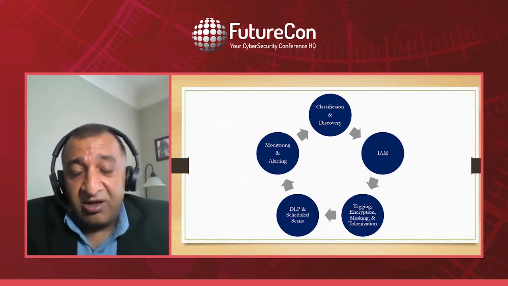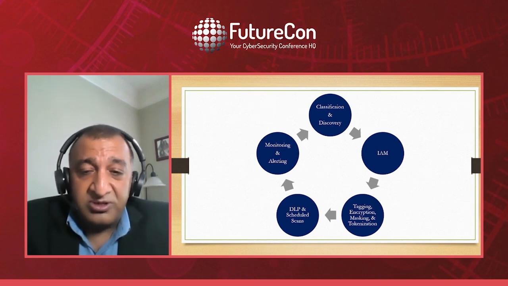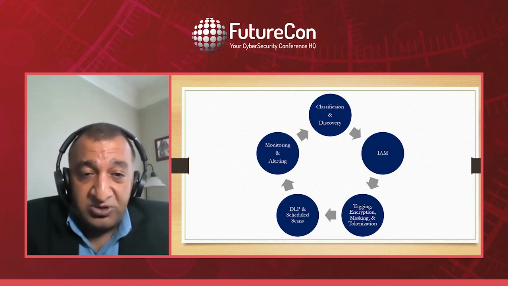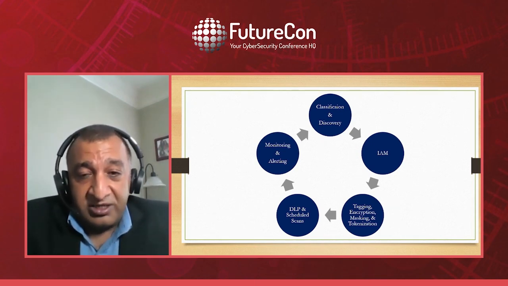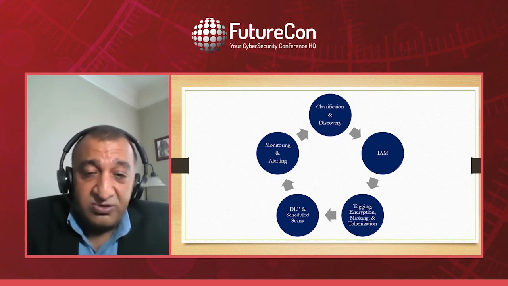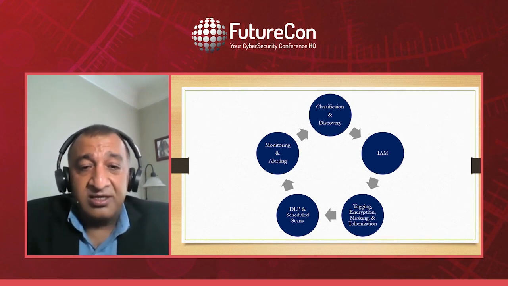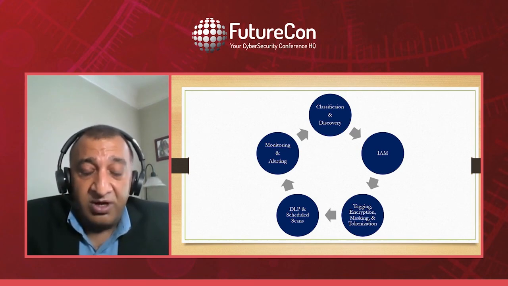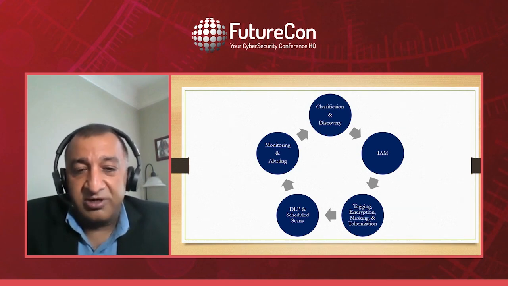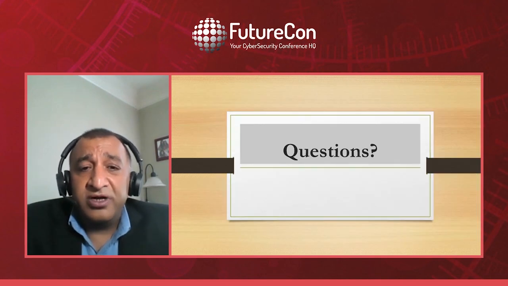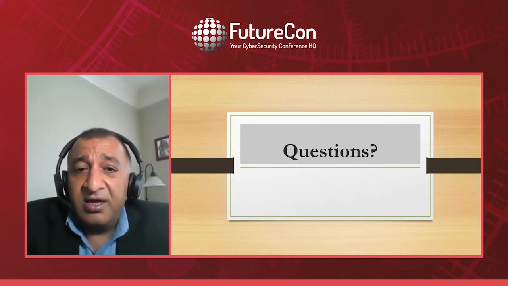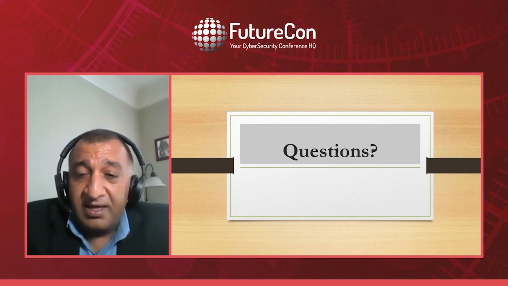But at the end of the day, anybody who's trying to do damage to your organization is looking for this data. And the only way we can protect that data is to know where our crown jewels are, discover it, tag it, and apply the right security policies and encryption, and then start monitoring through DLP and SIEM and create alerts on it. So that is pretty much the end of my presentation. Any questions at this point?